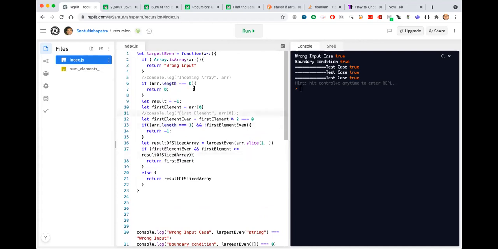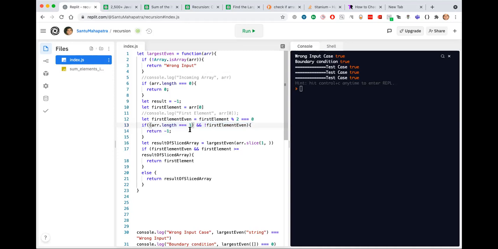So just to revise again, the first was the wrong input condition. Then this is a boundary condition that was very visible, like if the array.length is 0, just return 0. Then we came up with this other boundary condition, which was not as apparent. It was there in the test case too, that if there are no even elements, then it should return -1. So we had to check it only for when the size of the array is 1.